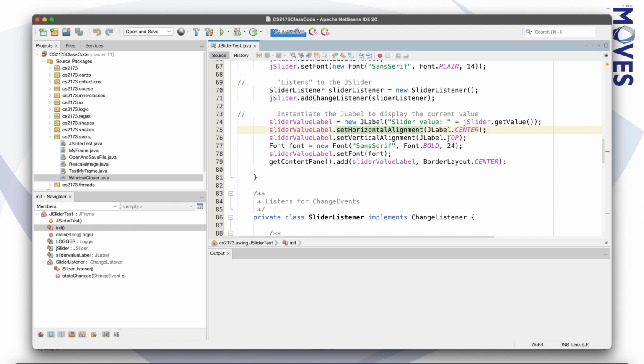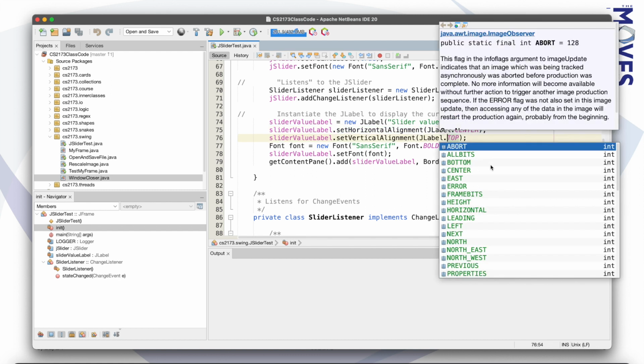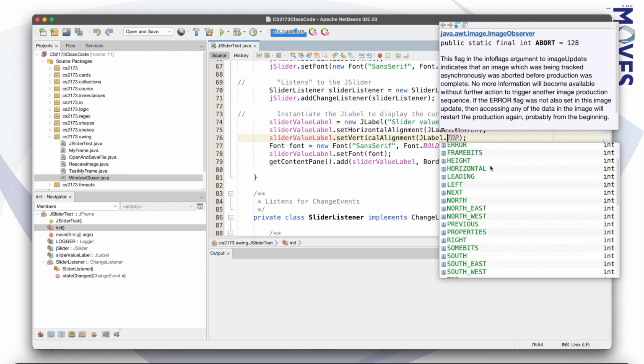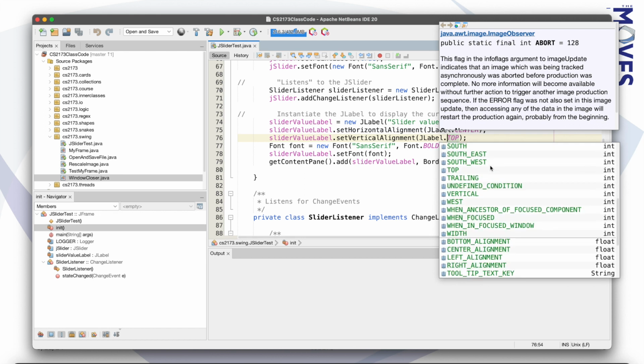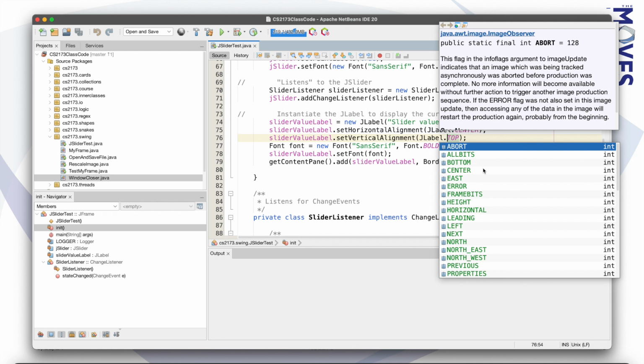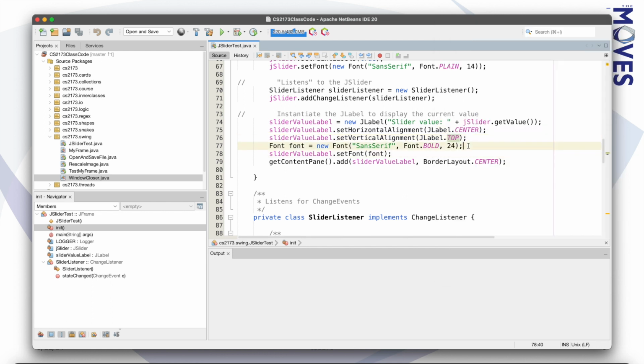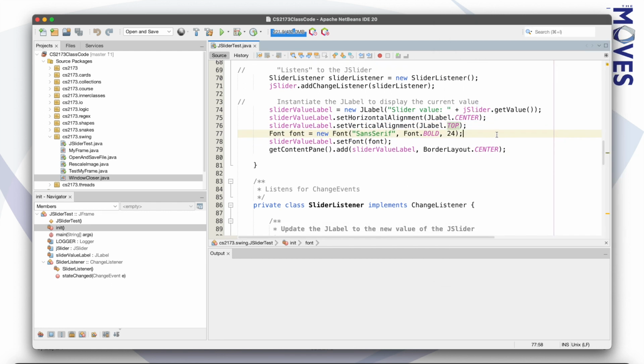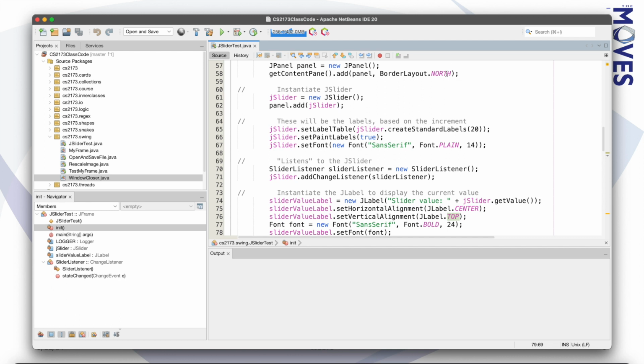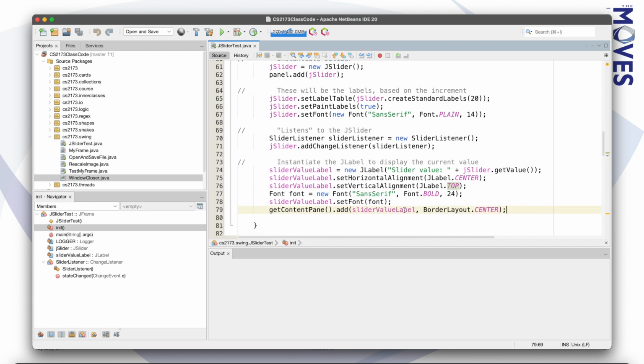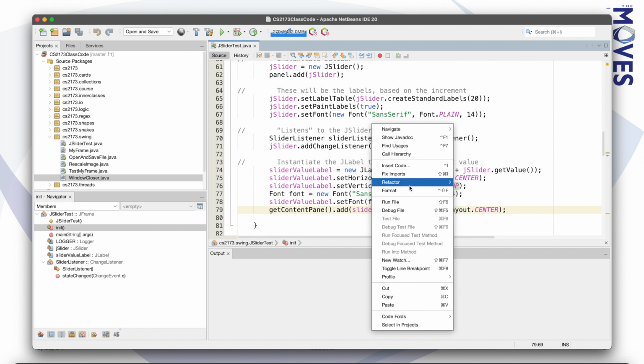Top, they have bottom, center. So those are the possibilities. And then I wanted a nice big font for that, and then I added it to the center. And remember, for the border layout, I added the slider to the north, and I added the label to the center, so that when we run this,